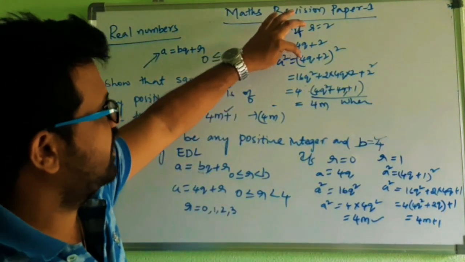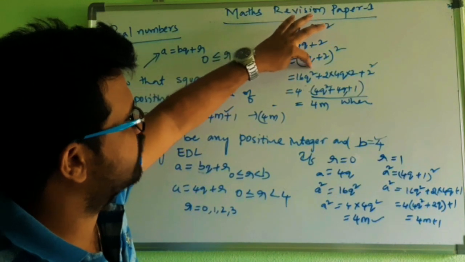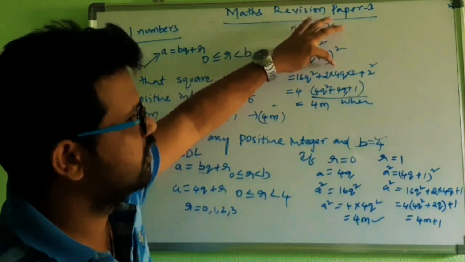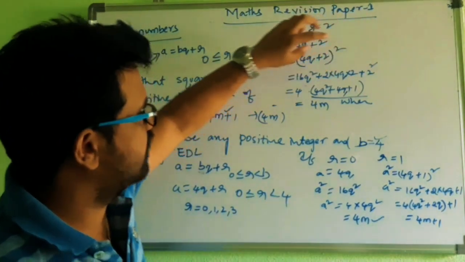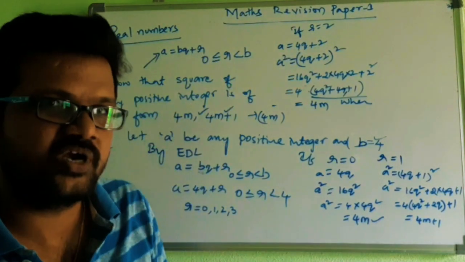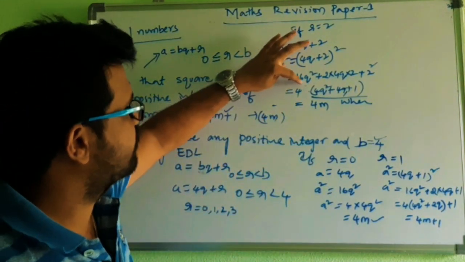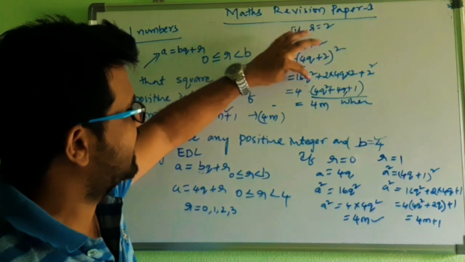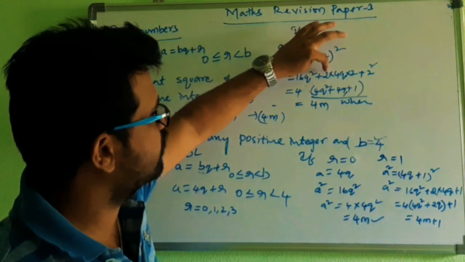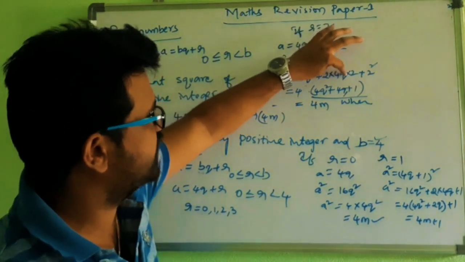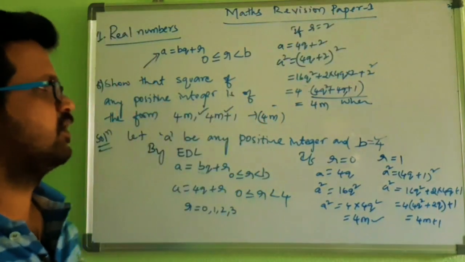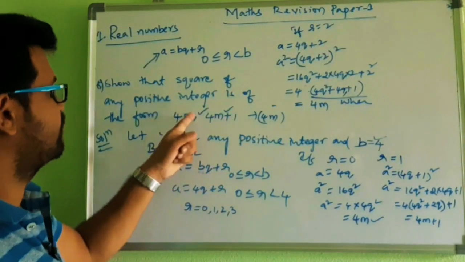Okay, so A plus B whole square formula: 16Q square plus 2 into 4Q into 2 plus 2 square, right? I'm taking 4 common, no need of 4Q also. So here 4 taken common, we'll get 4Q square, here 4 took out, remaining 2 into 2Q, 4Q, and plus 1, right? So 4M, we got again 4M only.